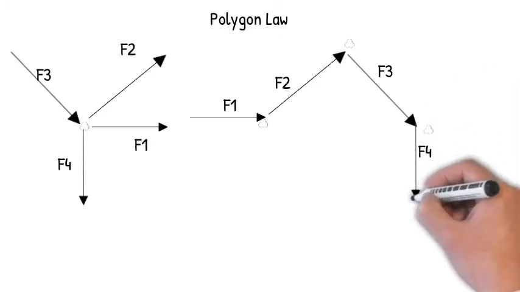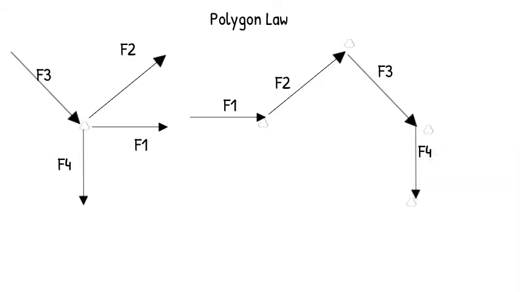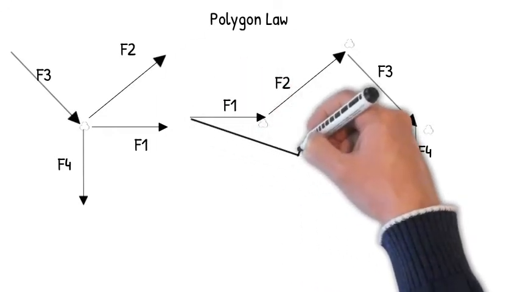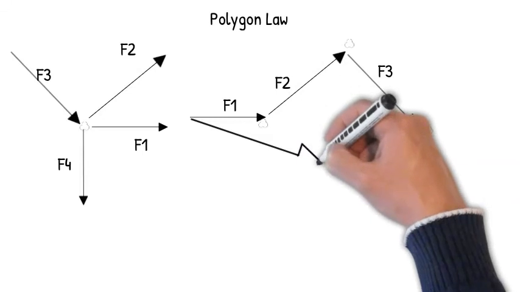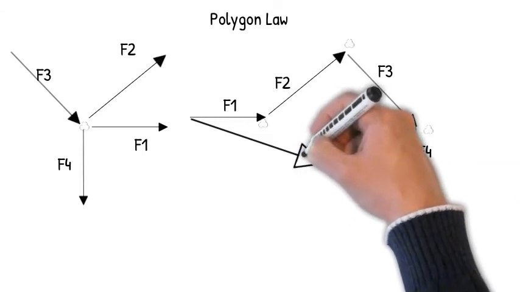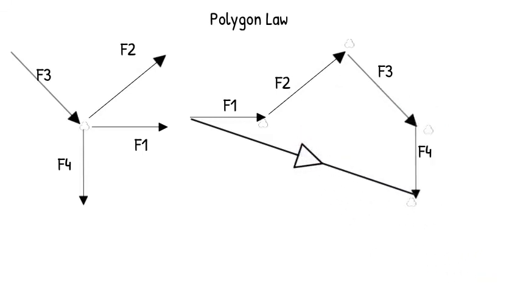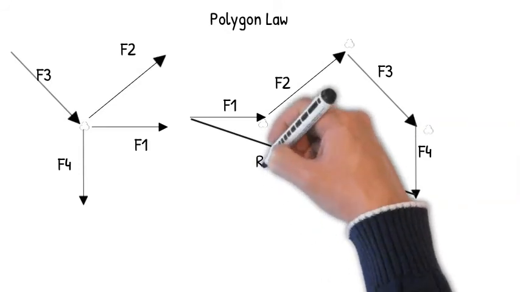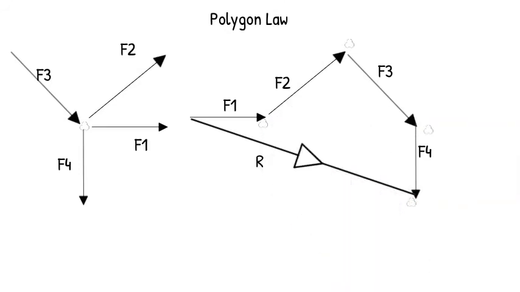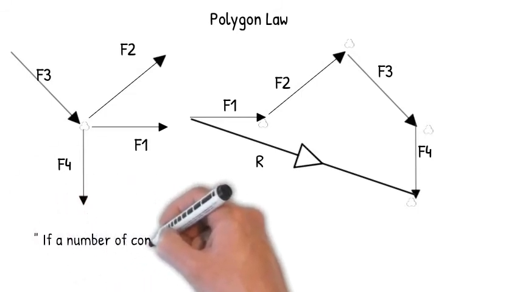But there is another way to find the location of this object, and that too a shortcut method. In that method, you need to start from the first point of the first force to the last point of the last applied force. So this is the path of the resultant. Fine. So this is called the resultant, and you can see that by doing so you made a polygon. So this is also called the polygon law.